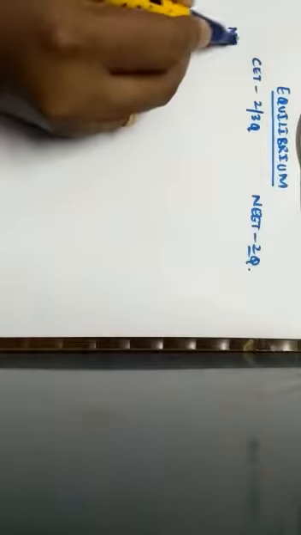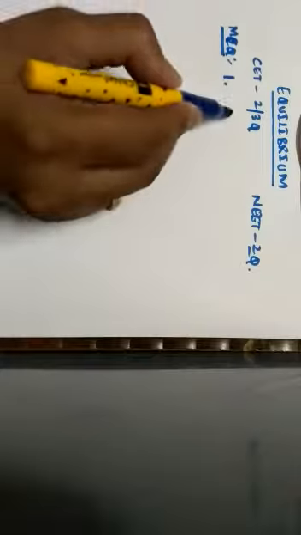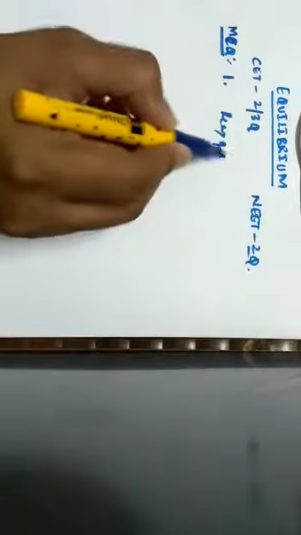So today let us discuss varieties of MCQs from the chapter chemical equilibrium. So first one: the rate at which a substance reacts depends on its atomic weight, atomic number, molecular weight, or active mass. So always the concept tells that the rate at which a substance reacts. So reaction of a substance.